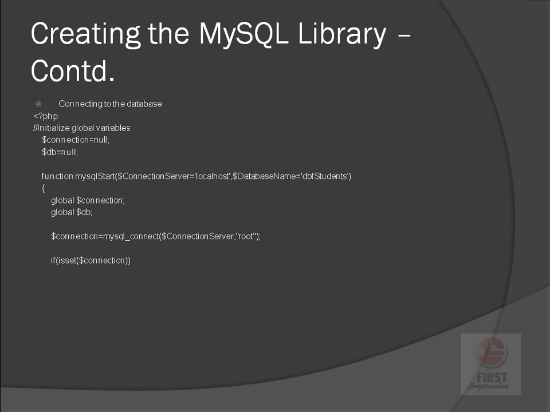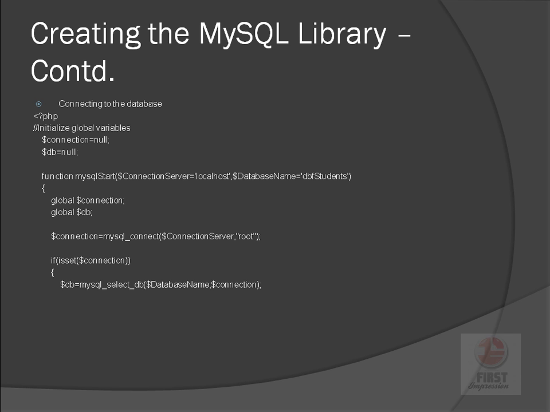Once we are done, then we'll check if the connection is set. So we are again using the function isSet. If the connection was successfully established, then the connection variable will be set. Then out of the complete database server, we have to select one database, that is our database. Okay, in our case the database is DBF students. The database server will have multiple databases. Out of those databases, we have to select DBF students. So we'll say db equals to MySQL select db. The MySQL select db is also an inbuilt function given to you by PHP.